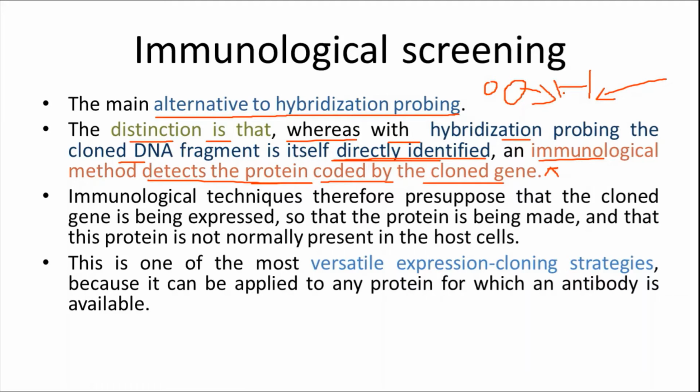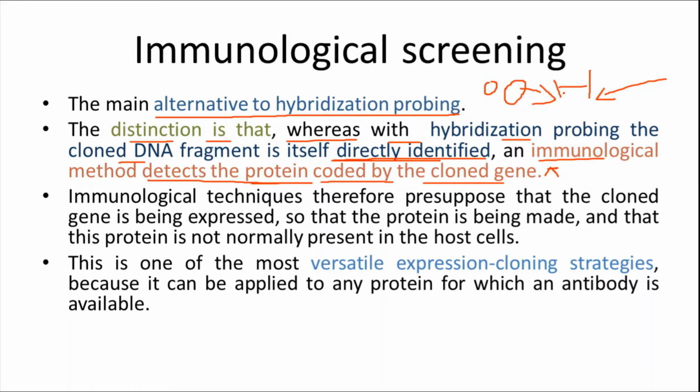But which method is suitable for which sample? If you have milligram or nanogram amounts of protein, you select the Bradford assay. If you have a contaminated protein, you select Lowry's method. If you want the total concentration of protein in the sample, go to UV spectrophotometry. So we have a lot of methods; which method is suitable? Likewise, only if the cloned insert gene encodes a protein that acts as an antigen can we detect it.